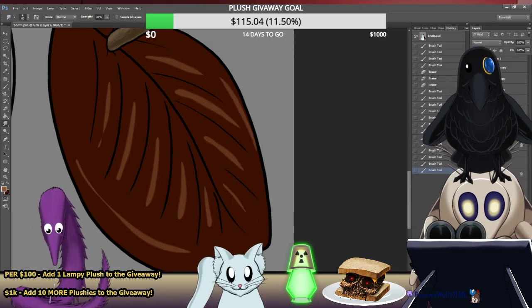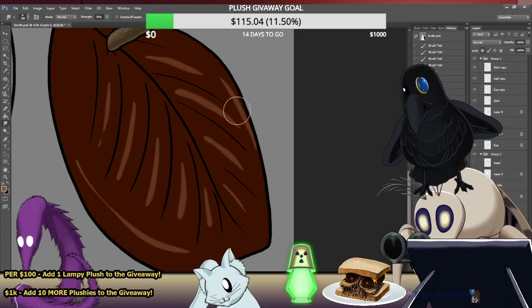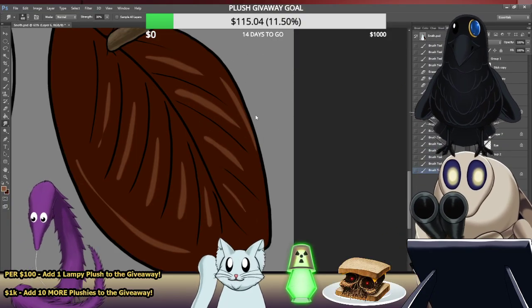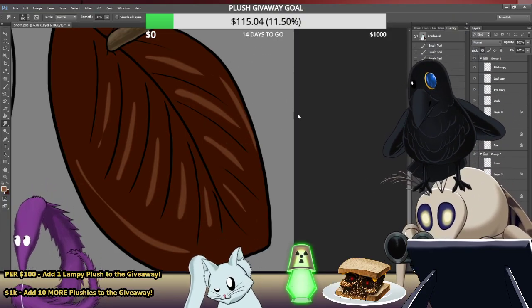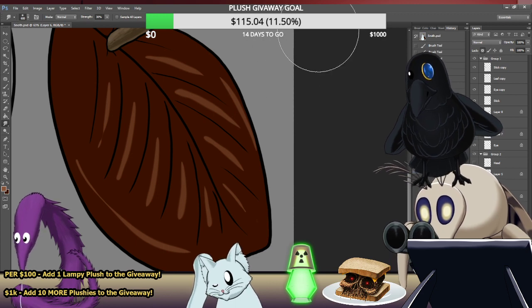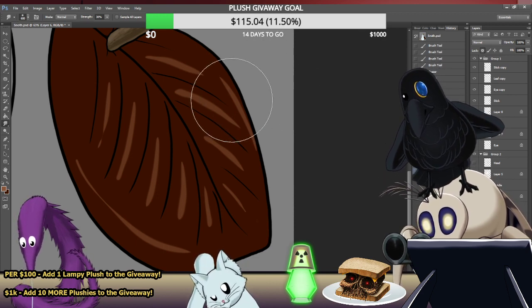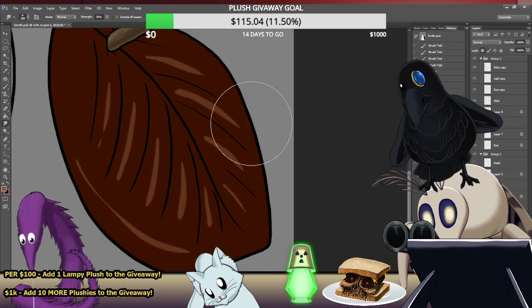There we go. Now that we got that, we're going to get our brush and increase the size. Actually, not even our brush. We're going to take our smudge tool, increase the size, bring the sharpness to 0, and then we're just going to do this. Actually, you know what? Before we add that line,